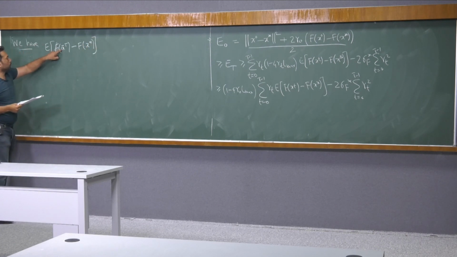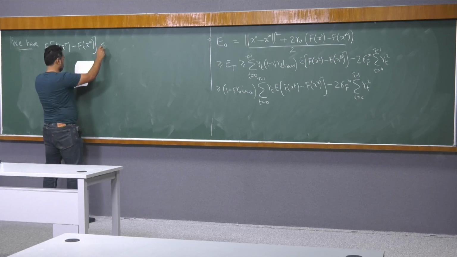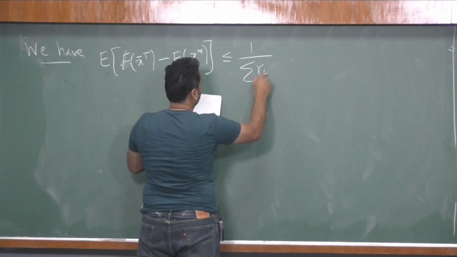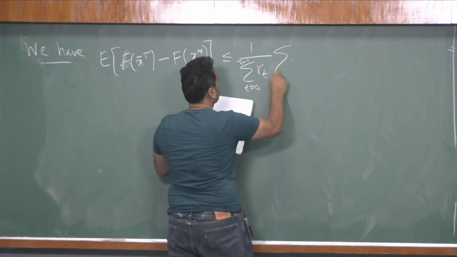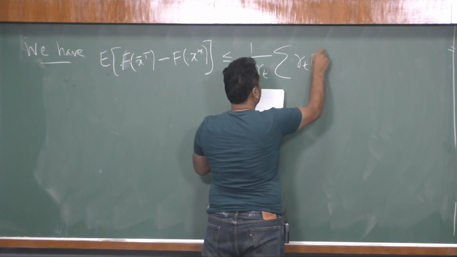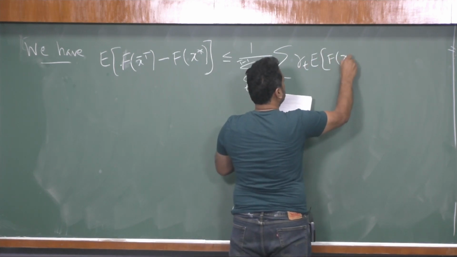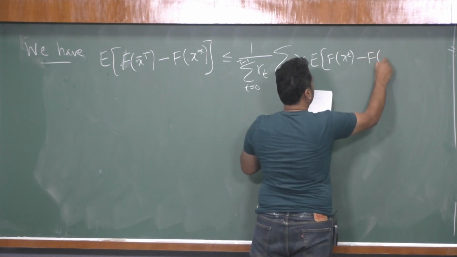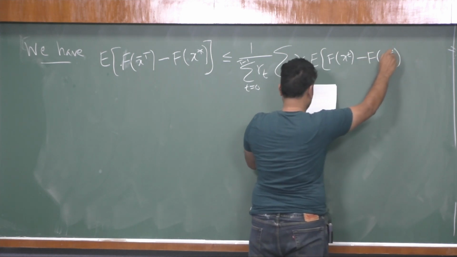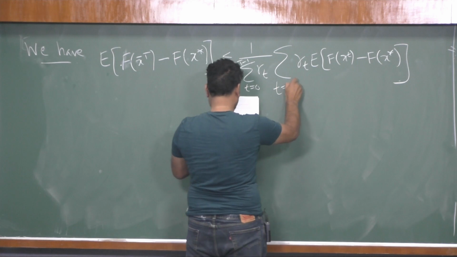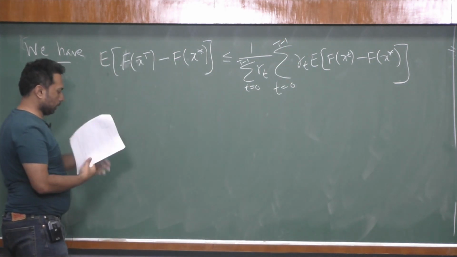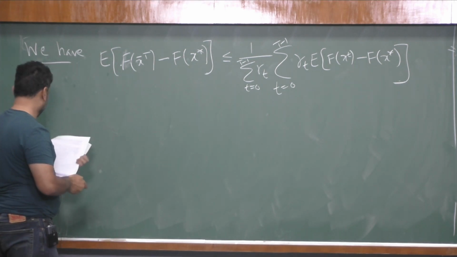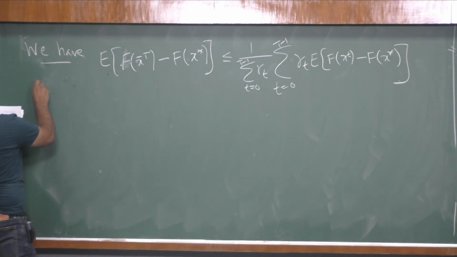This is the mean that we are looking at, and from Jensen's inequality, as we have seen a couple of times now, this is less than or equal to 1 over the sum of gamma_t, t equals 0 to T minus 1, times the sum of gamma_t expectation of f(x_t) minus f(x star), t equals 0 to T minus 1. So this comes from Jensen's inequality,